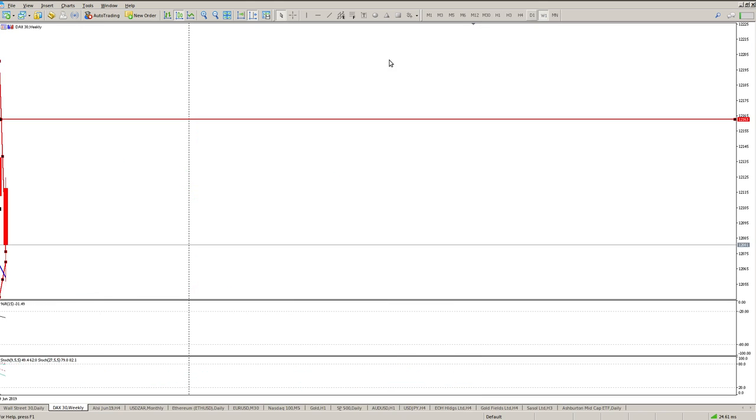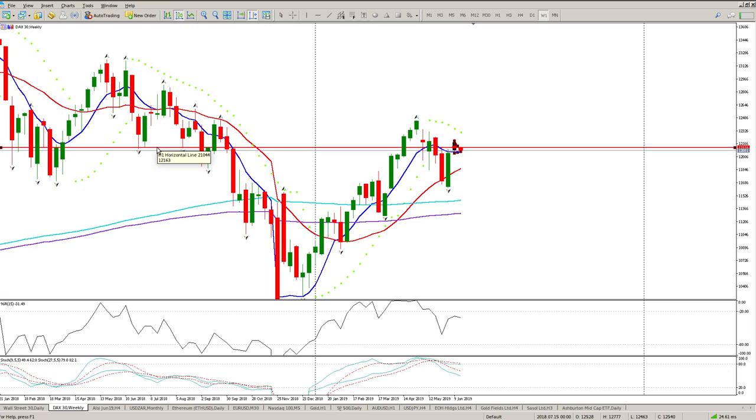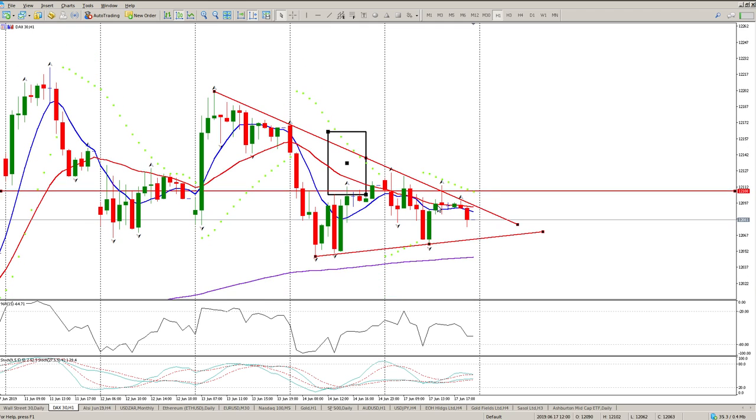And then lastly, I'll use this weekly level here where we're hovering around, which is 12.108, let's call it 12.100, and it is still the level that's in play. You can see it there. We're not really getting through. We did get through, and now we're battling to get back through it again. So that's the line in the sand at the moment. Either we're going to reject this, or we're going to break above it. A break above it will be a break of this downward trend line. A rejection of it is going to be a break below these two lows here.